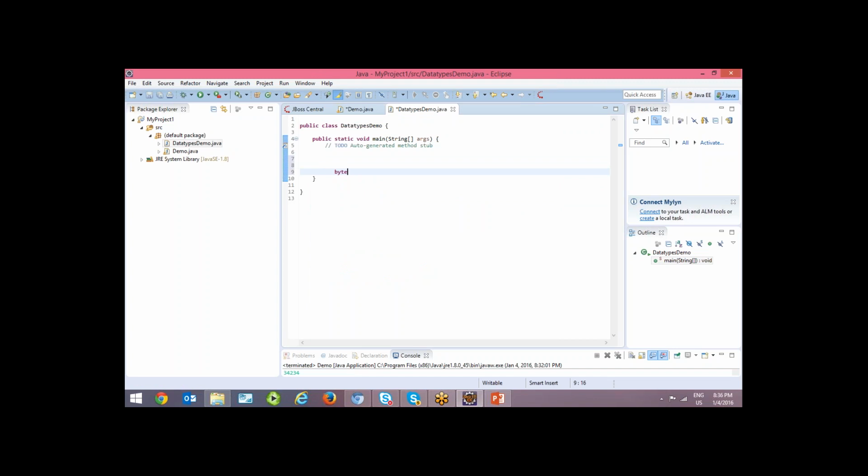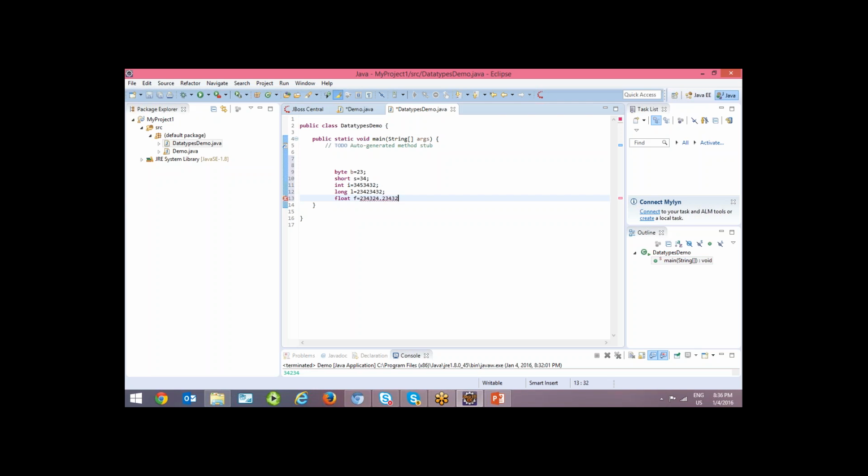See, first byte, I'm storing some number. The range of integer is big, then long, then float. In Java, float is also a fractional value and double is also a fractional value.